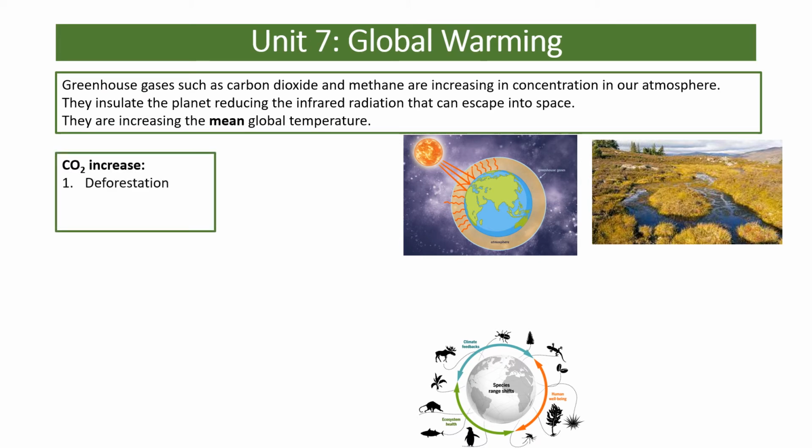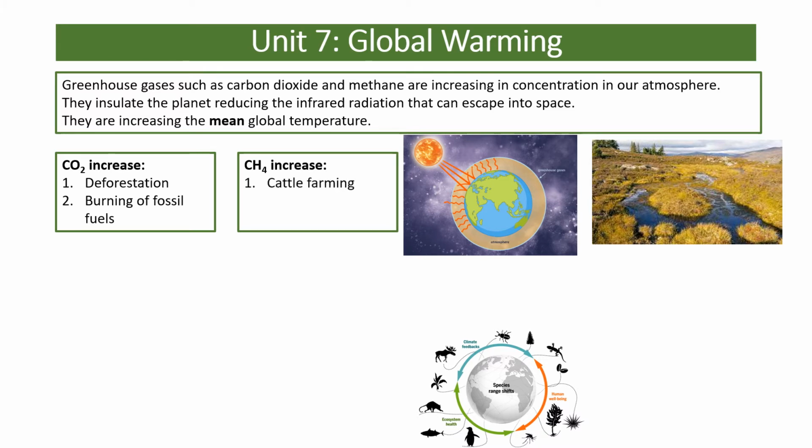Carbon dioxide is increasing due to the main activities of humans, which are deforestation. So we're removing that source of photosynthesis, which could remove the carbon dioxide for us, and also burning the trees a lot to clear them as we do so. And we're also burning more and more fossil fuels. The other gas, methane, CH4, is increasing because it's produced by cattle, farting effectively, and we're doing huge numbers of cattle farming now. Rice releases it in the conditions that it's grown in, anaerobic conditions, so it releases methane, and